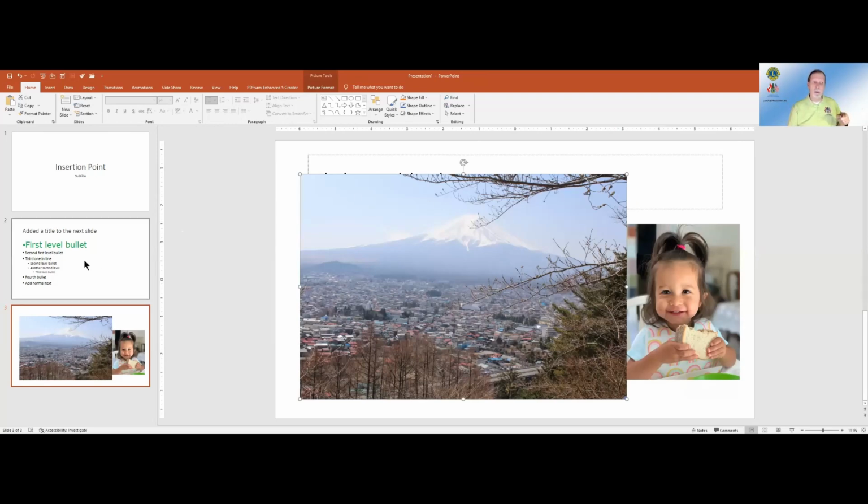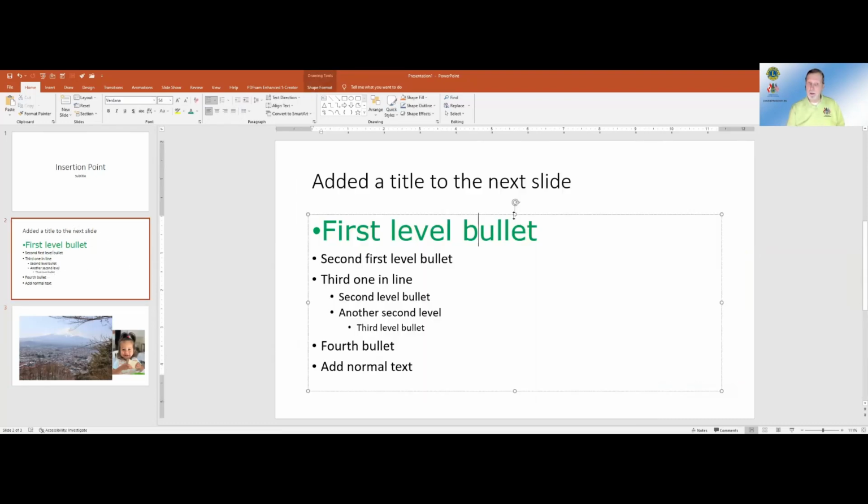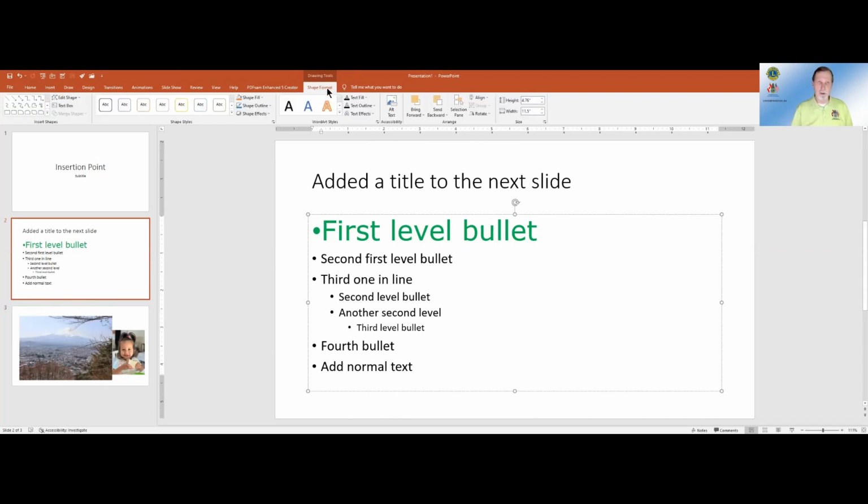I want to point out, back over here on slide number 2, if I click in here, I see the handles surrounding it. Therefore, I have this selected. And of course, I've got my insertion point active as well. My point is that when you have an object selected in PowerPoint, you're going to see a different tab come up here. The tab is what is called a context-sensitive tab. Depending on what you have selected will determine the content of that ribbon within that tab.